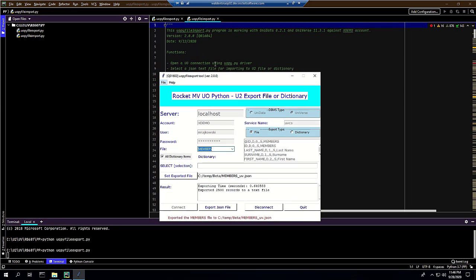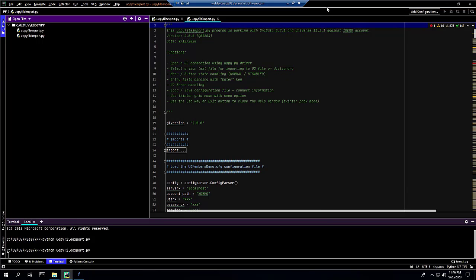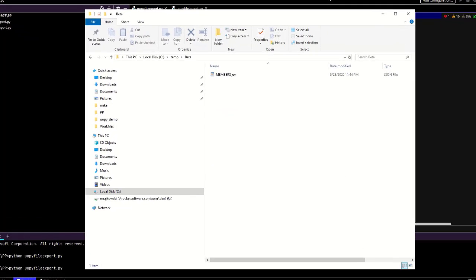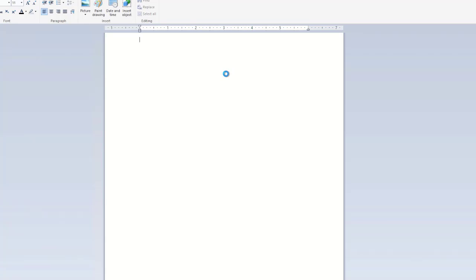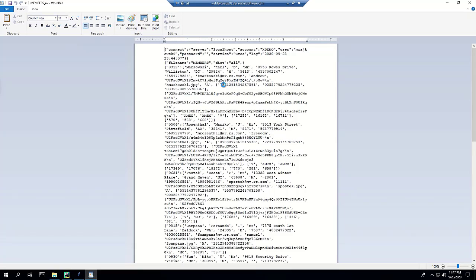Let's take a moment to look at that file. So what I'm going to do is bring up Windows Explorer, double click on my JSON file, and you'll actually see here is the JSON format. Getting back out of this,